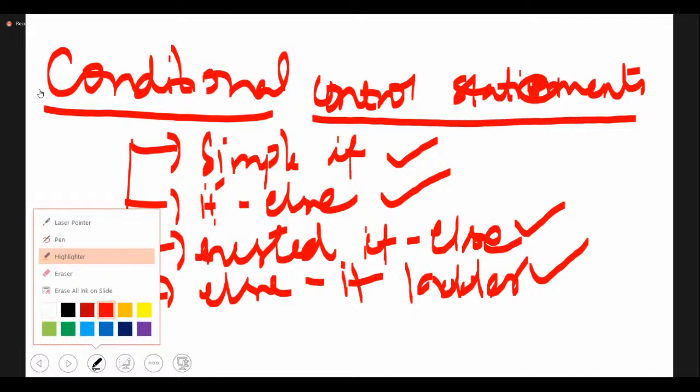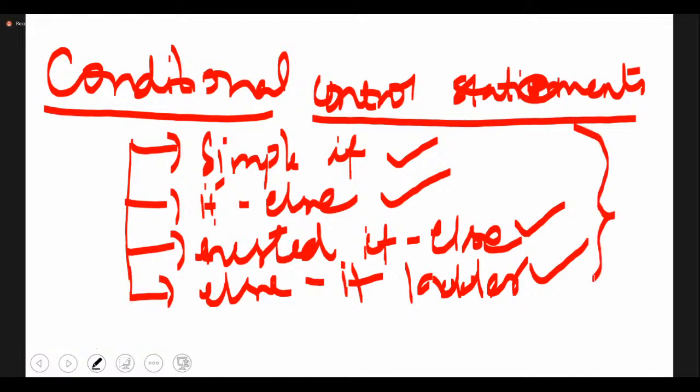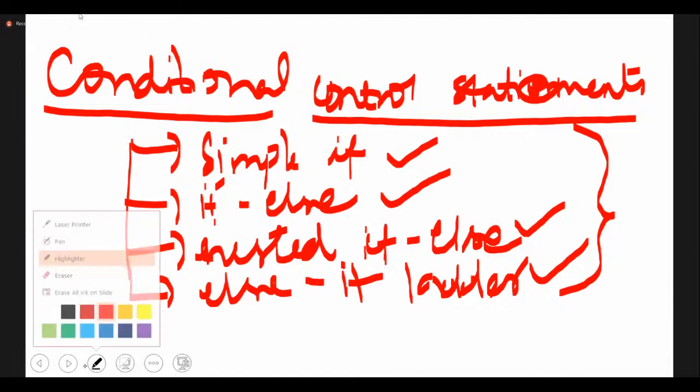For any of these, if they don't specify what to do, if they ask you a direct question like explain about conditional control statements or conditional control structures, you will directly have to talk about these four with their syntax rule, and by default you have to draw the flow chart. I'll show you an example of how to do that.